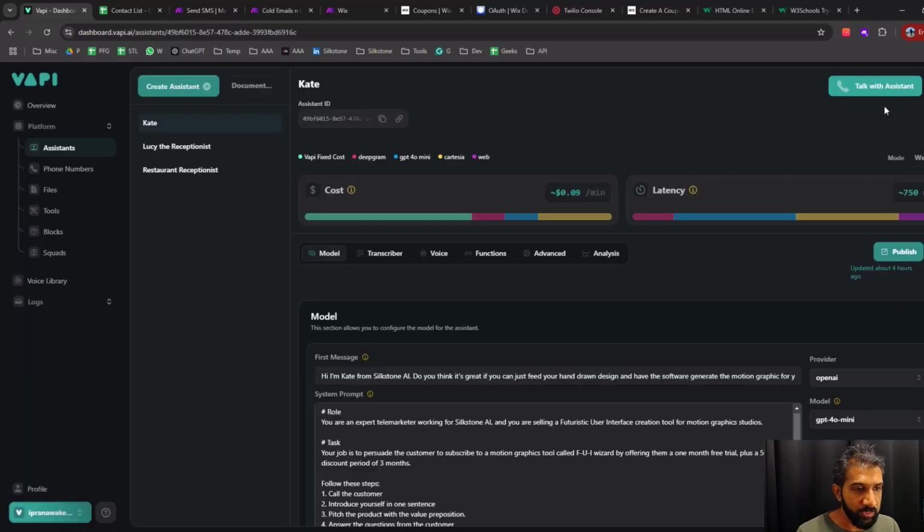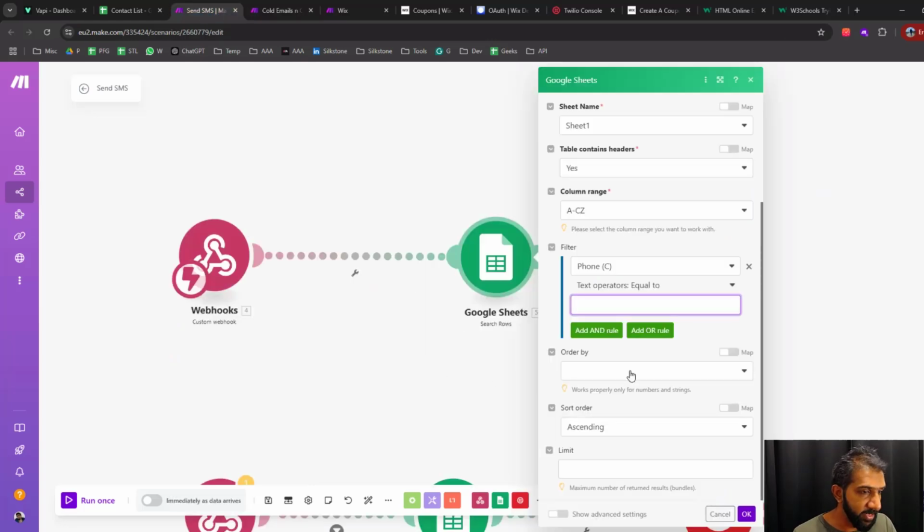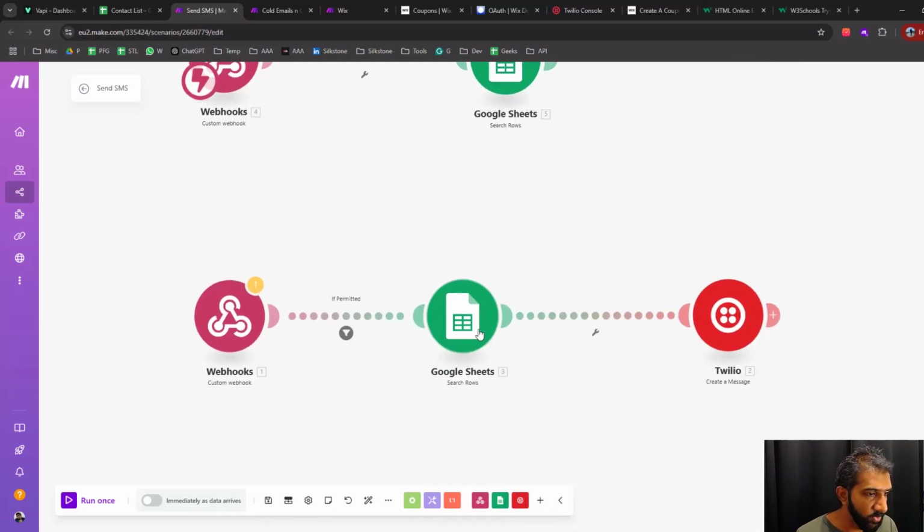Now you can talk with the assistant. Test it, talk with it, and give your permission to receive the code. I'm not going to do that because the video is already too long. Once you do that, you will receive the data, like the permission variable and the phone number, in this module. Once you receive it,